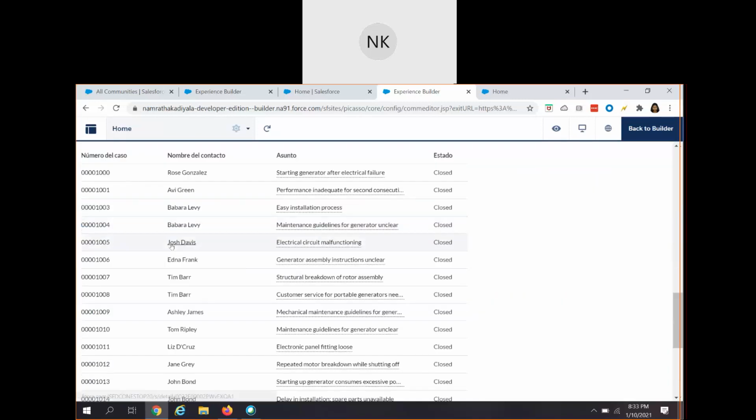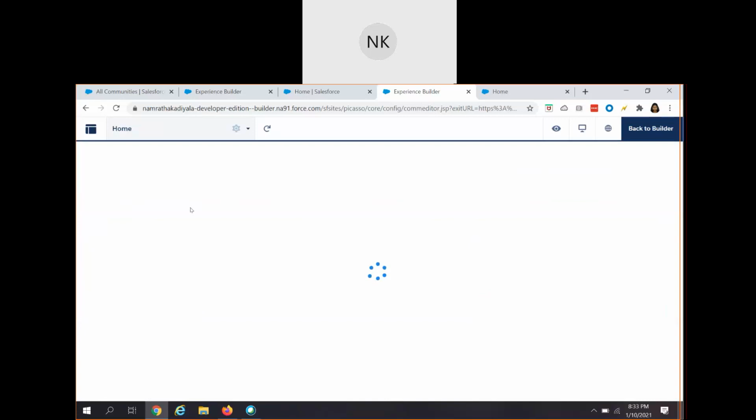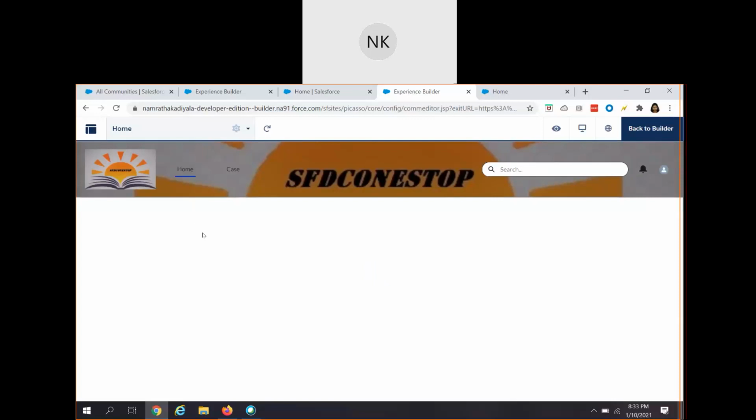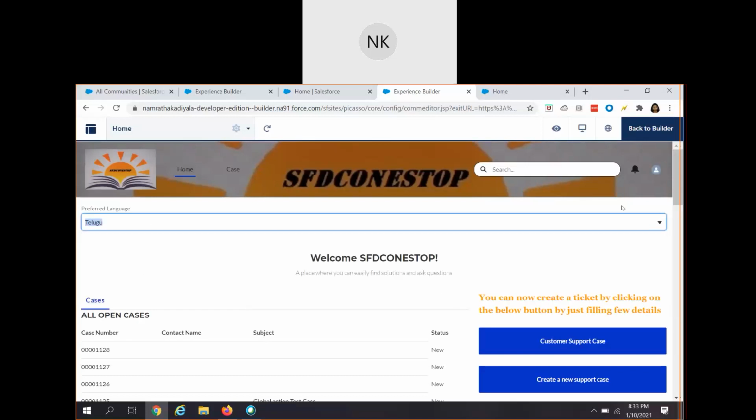Now, if I try to choose Telugu as the preferred language, then my community gets refreshed and all the standard components shown in my community will change to my preferred language, which is Telugu. Let's see how this gets displayed, or whether the language gets updated or not, because I've not tried this. No, it is not getting displayed because I don't think the language is supported. So let's ignore the regional languages we have in India.